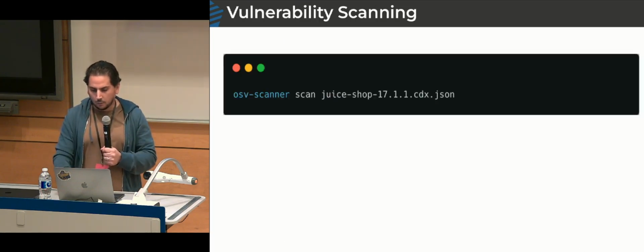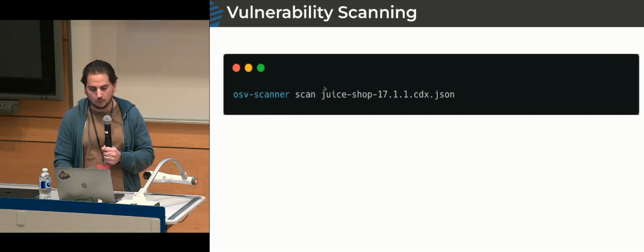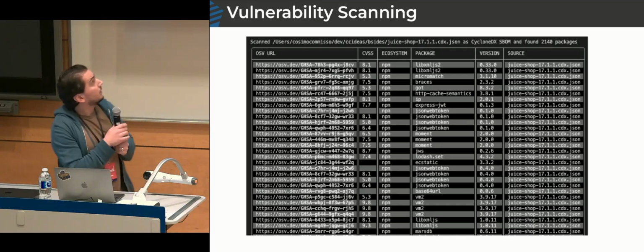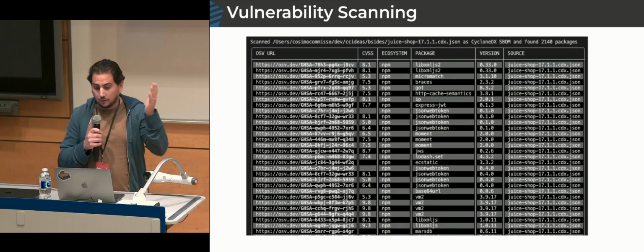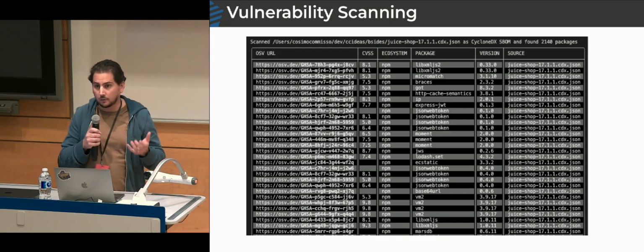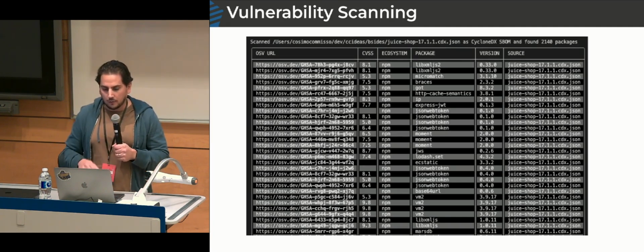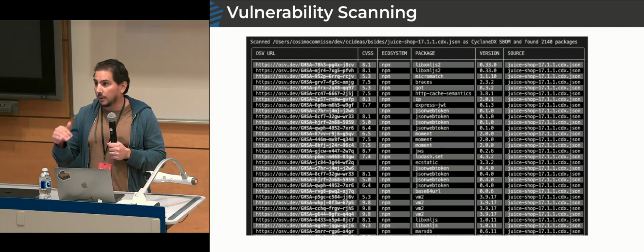SBOM. So we could just pass our SBOM into this tool called OSV Scanner. So I'm just giving it my whole SBOM, and what it's going to output, excuse the blurriness on that, is just, here's a table of all of the vulnerabilities in my Juice Shop. So it has a reference to their OSV URL, so I could click that to see more information about it. I have my CVSS score, the ecosystem, the package, and the version, and the source. So instead of doing this dependency by dependency, I could just pass it to a tool that gives it everything